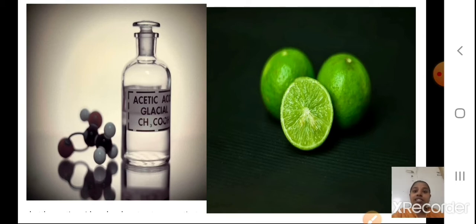Because whatever substances are bases, the red will turn to blue. While acids, how will you determine, students? In acids, the blue litmus will turn red. I hope you remember this. You have studied in 8th standard. Like that, here you can see different examples of acids. Acetic acid, CH3COOH. In lemon you have citric acid. So these are some of the acids, they are present naturally. Some of them are prepared in the laboratory.